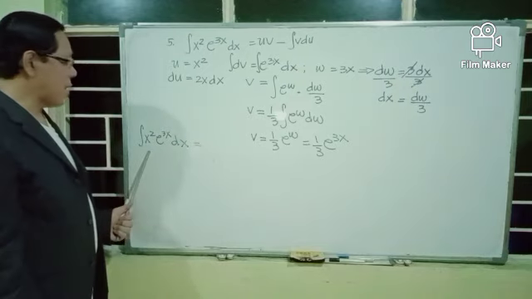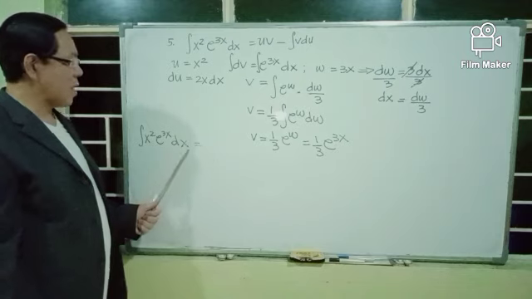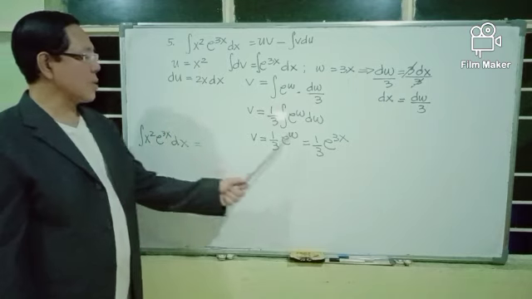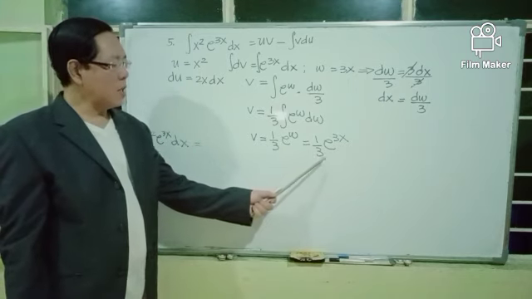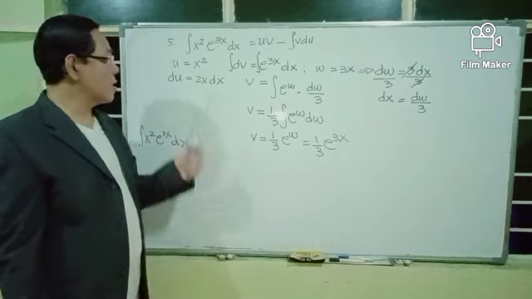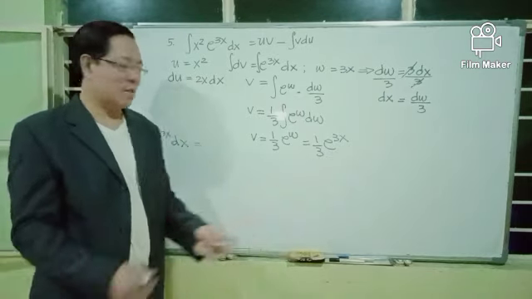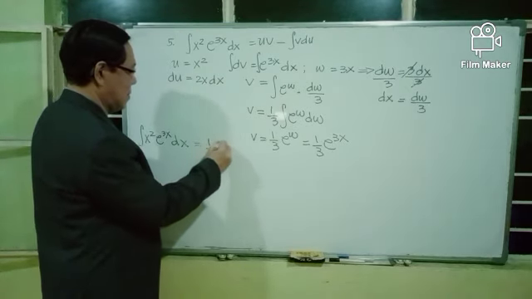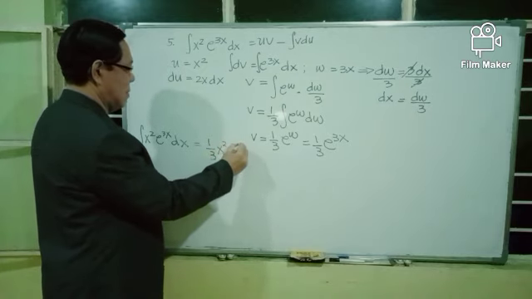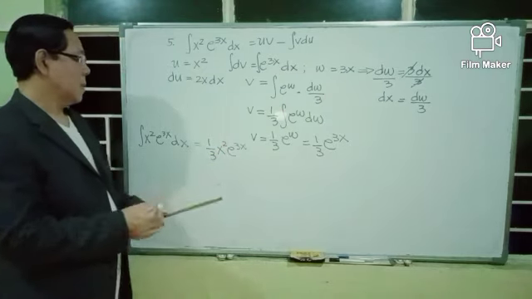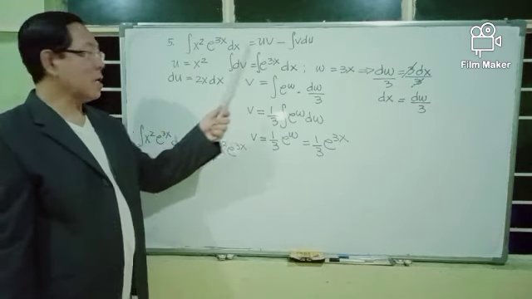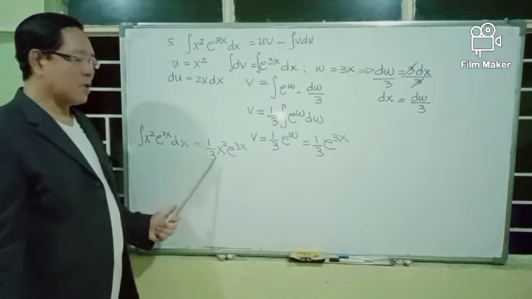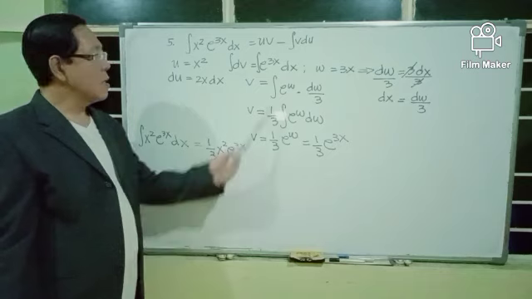The integral of x squared times e to the 3x with respect to x equals u multiplied by v. u is x squared multiplied by v, 1/3 e to the 3x. We get 1/3 x squared times e to the 3x. So uv, x squared multiplied by 1/3 e to the 3x, is 1/3 x squared e to the 3x